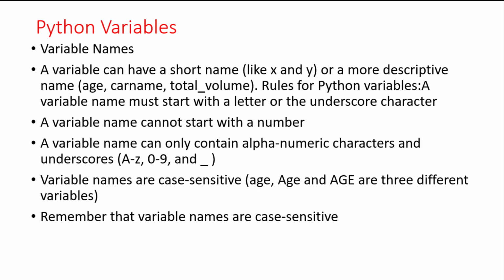The variable names are case sensitive also. For example, this age and this age and this age, one having all small letters, one in title format, and one all in caps lock, they all have three different names, or they have three different meanings. So we have to keep in mind all these points while naming a variable. Let's discuss this with some examples, and find out which are the valid and invalid variable names.